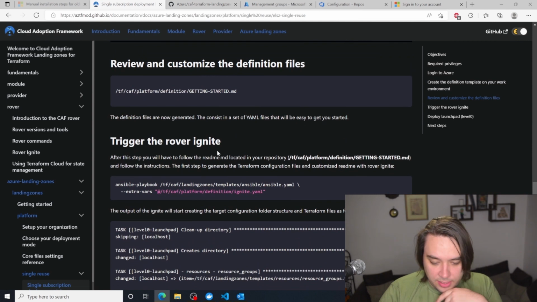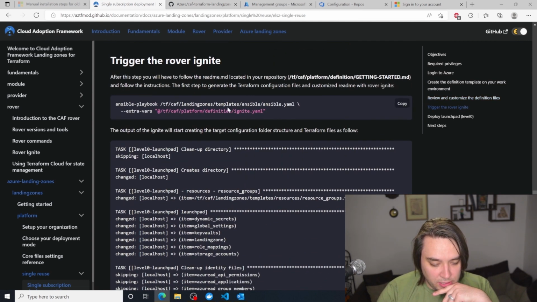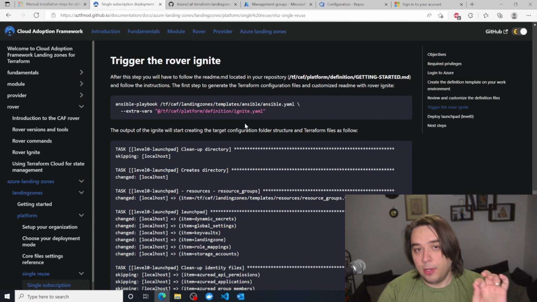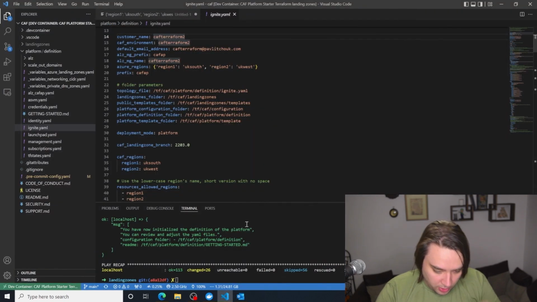And we can see that we now need to trigger the Rover Ignite. What Rover Ignite is going to do is take those YAML files that we've created and convert them into TFVARs for us. So let's just go back.